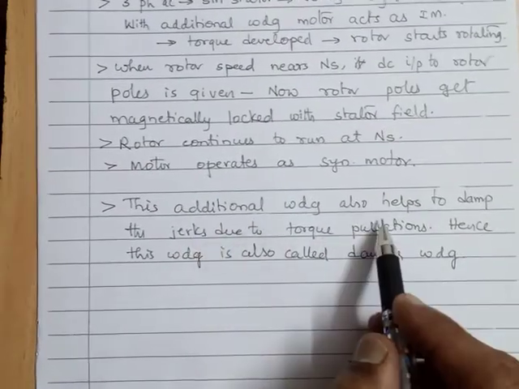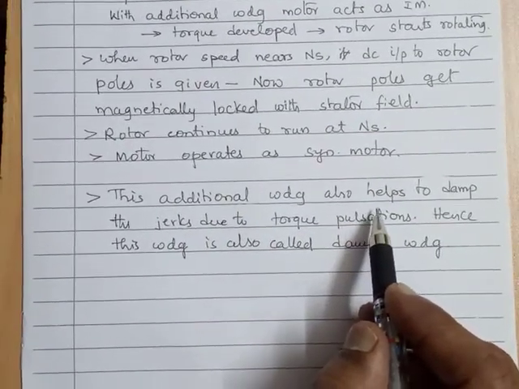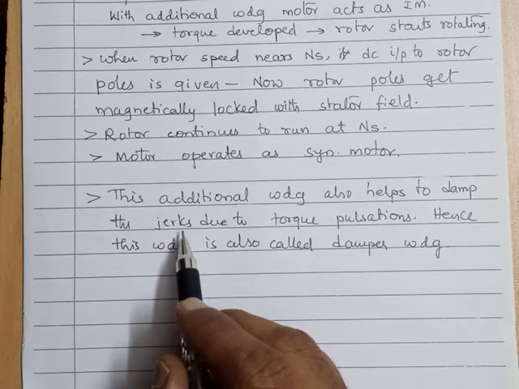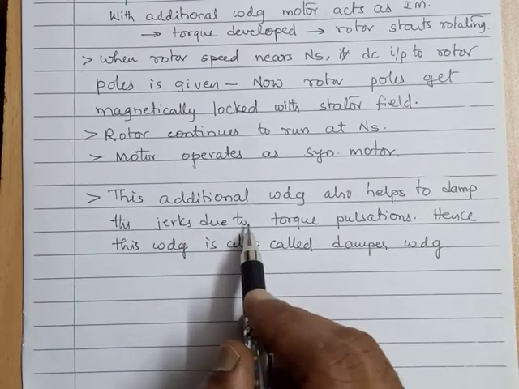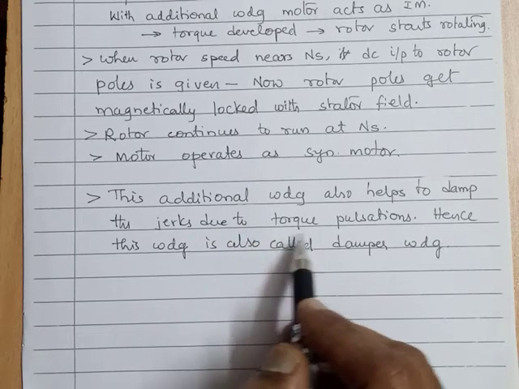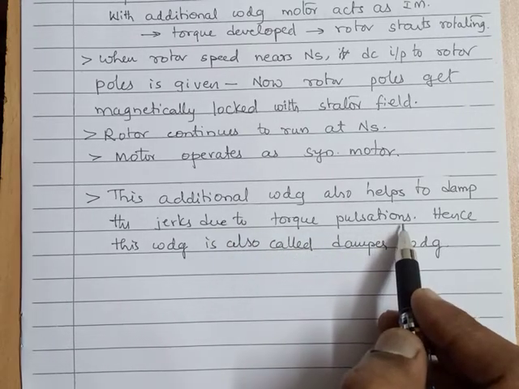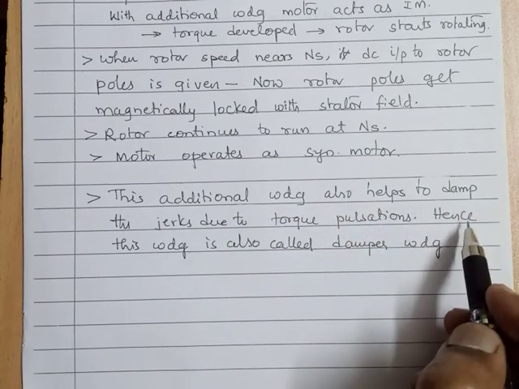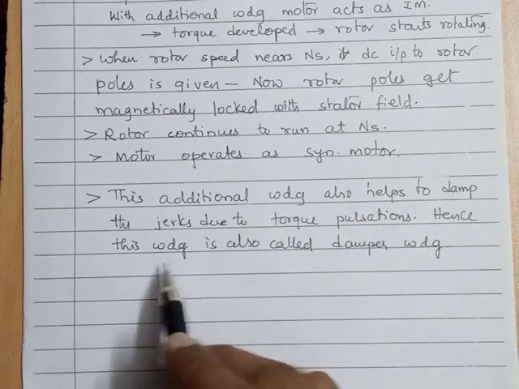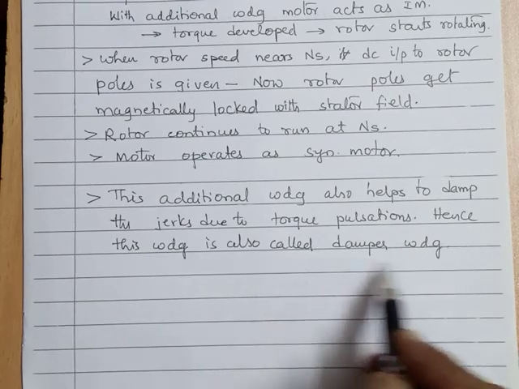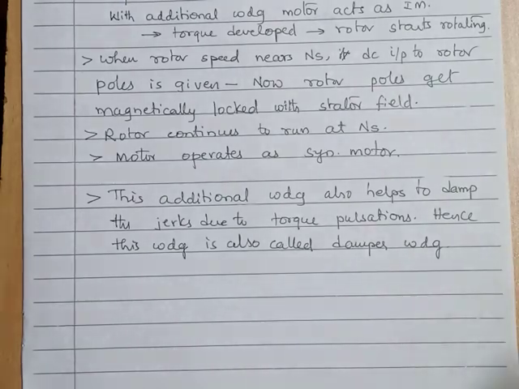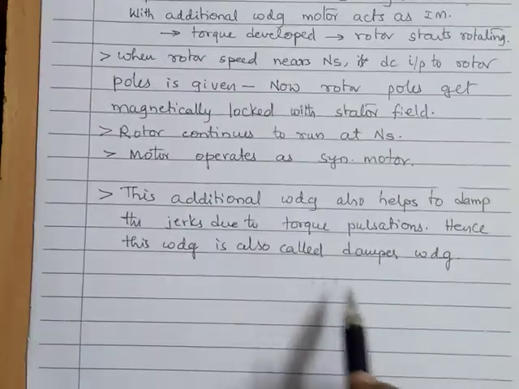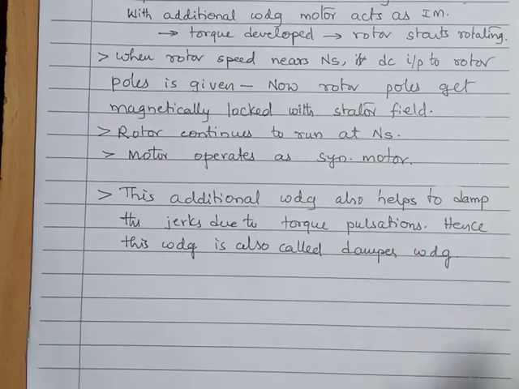This additional winding, what we are mentioning here, it also helps to damp the jerks, the jolts normally encountered in a synchronous motor due to torque pulsations. And this additional winding will help to damp them, snub them. Hence this winding is also called damper winding. It helps for starting purpose. It also helps to damp the oscillations,